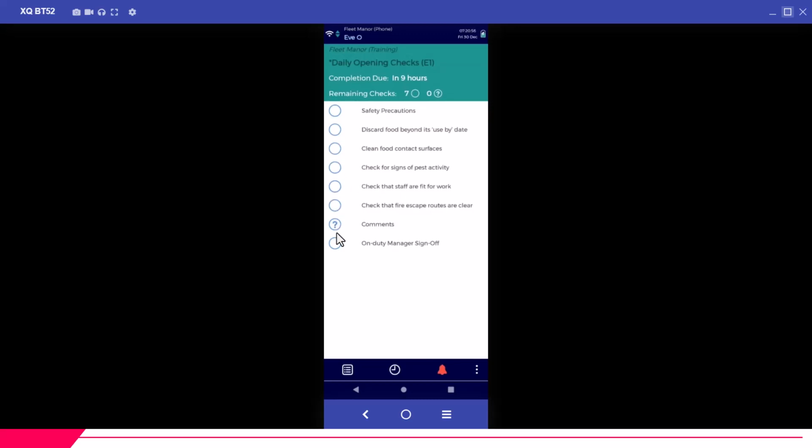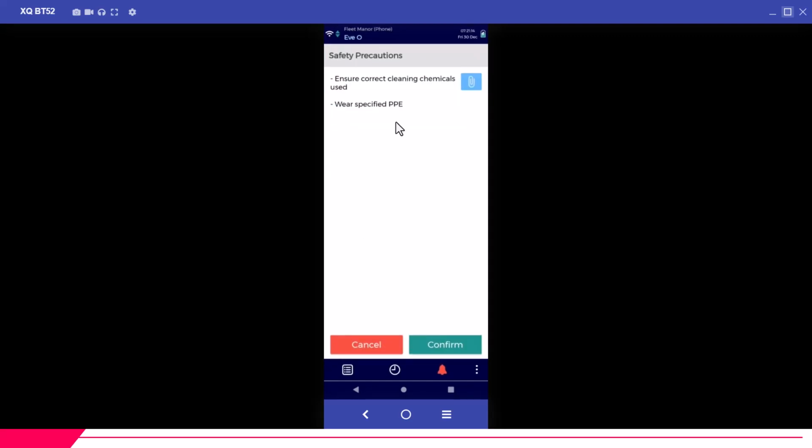We can also see that there's an optional check, and we know it's optional because it's represented by the question mark. And let's hope the team remember that the last check has to be completed by their manager and not by them. If I complete the first check, I can see that there is some text, so that's the additional